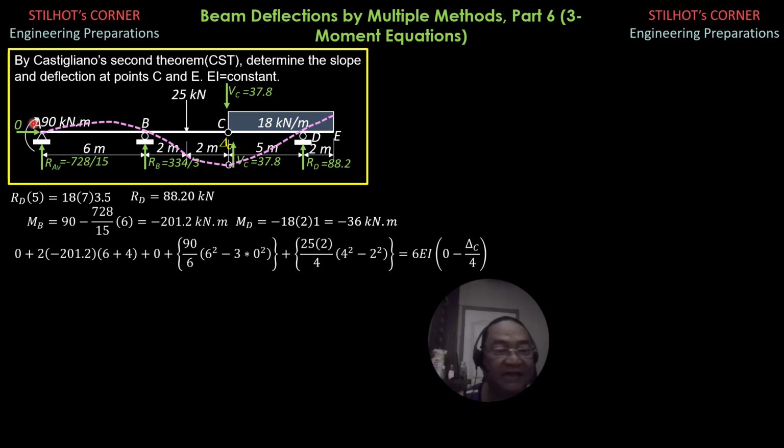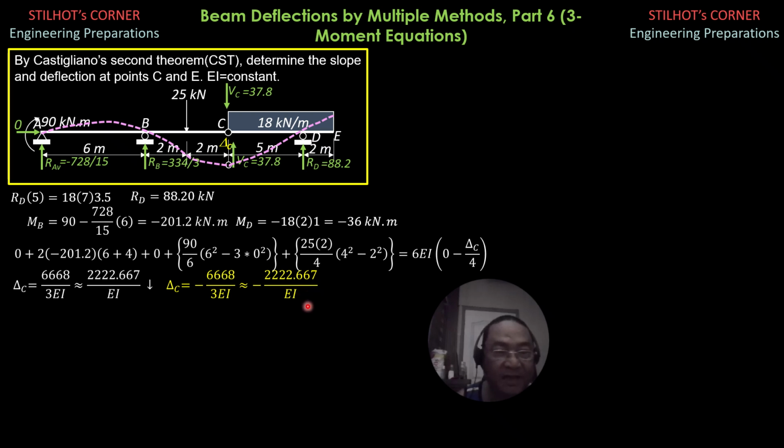As I said, hA is 0, hB is negative delta C over 4. So the value of delta C is positive. So meaning to say that's correct, that the final position of the internal hinge C is below the horizontal axis of the beam. So that's why it is below, or downward. Actually, the final answer would be negative 2222.667 over EI.